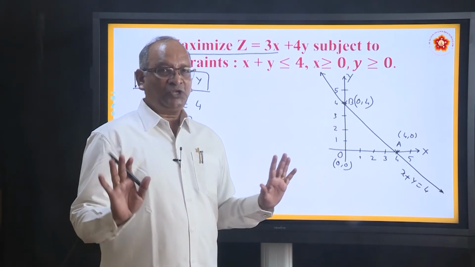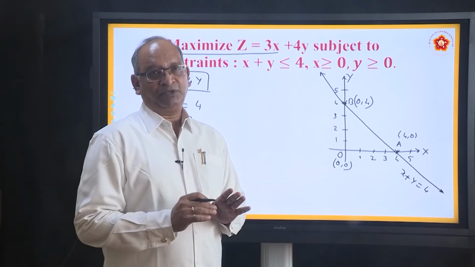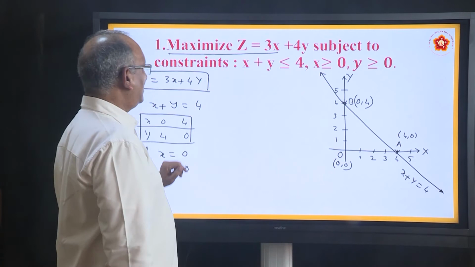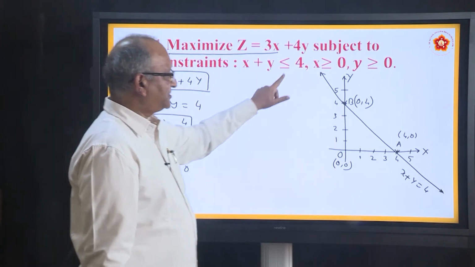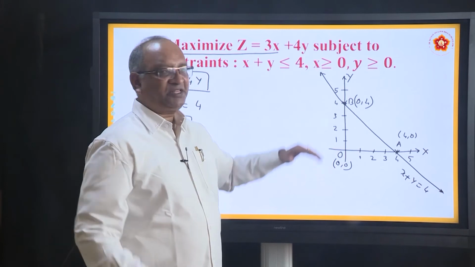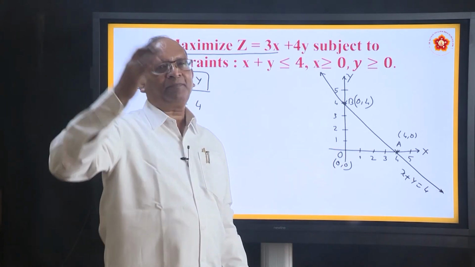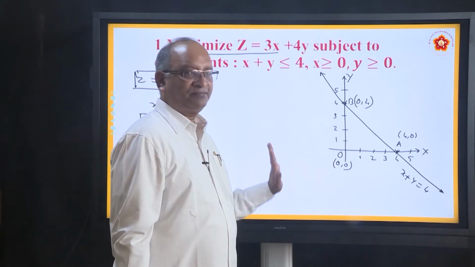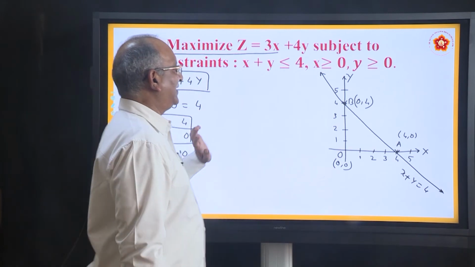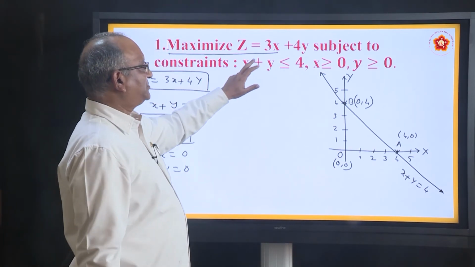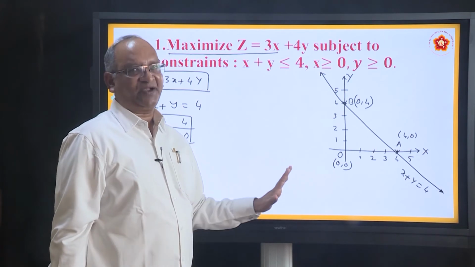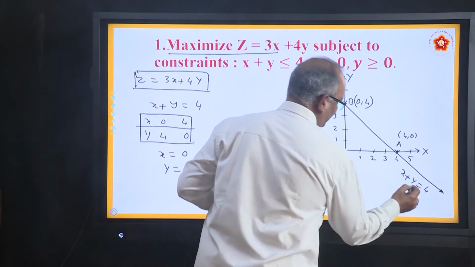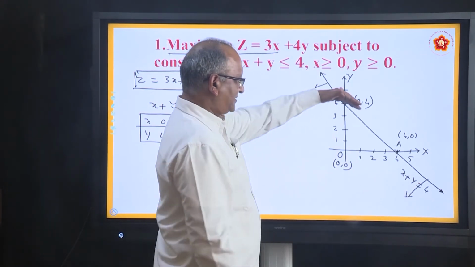Okay. It is not over. Now you have to shade. Shading is done according to inequality. So x plus y is less than or equal to 4, this is no doubt the line. Now the question is whether we should shade above or below the line. In order to decide that, choose any point. The simplest point is origin. Substitute 0, 0 in the inequality and see whether it is satisfied. 0 plus 0 is less than or equal to 4. It is satisfied. So you have to shade towards the origin. So this is your shading area. This side of the line.